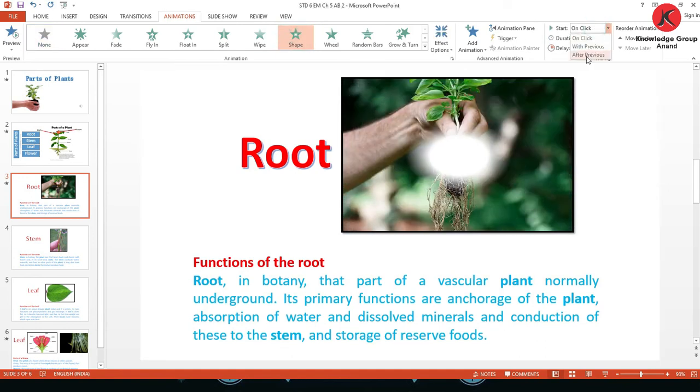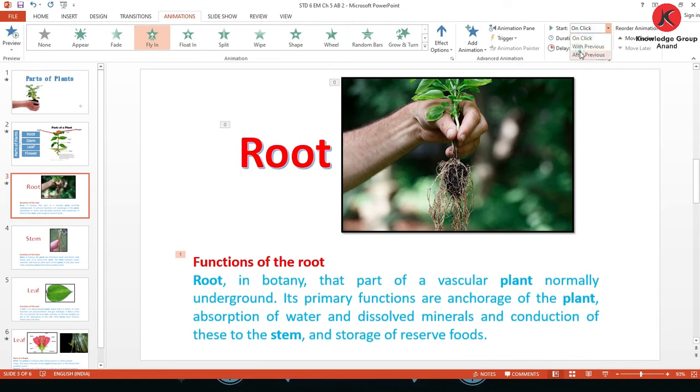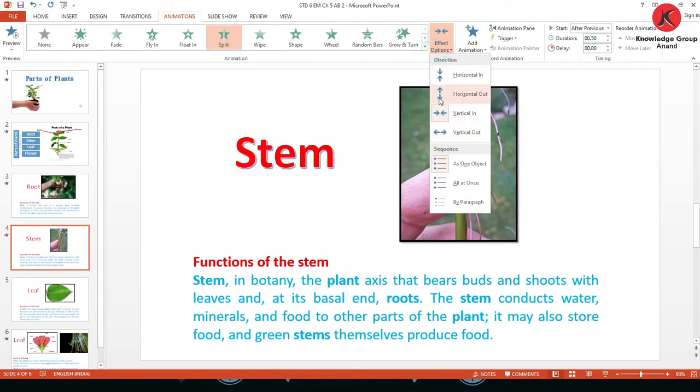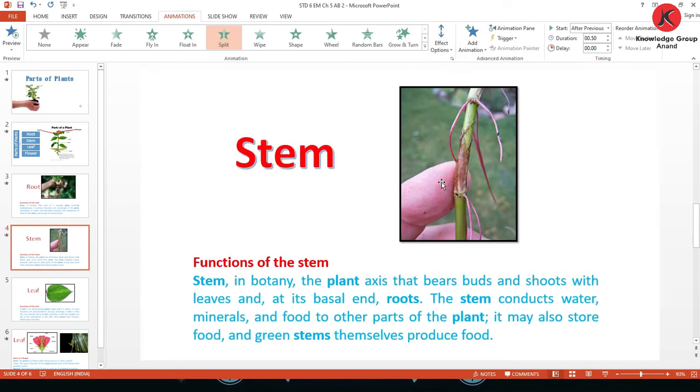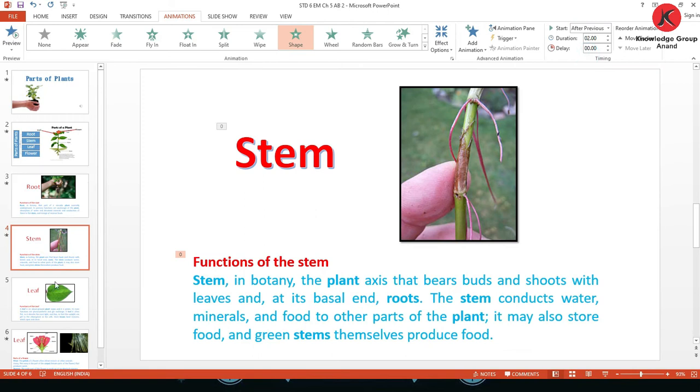Next, assign the same for the next, but make sure that you have selected after previous. Any animation you can give, but it should be after previous. Okay, same way select the text and assign after previous. Also you can assign effects from horizontal, vertical, and all at once like this. But it must be after previous like this.